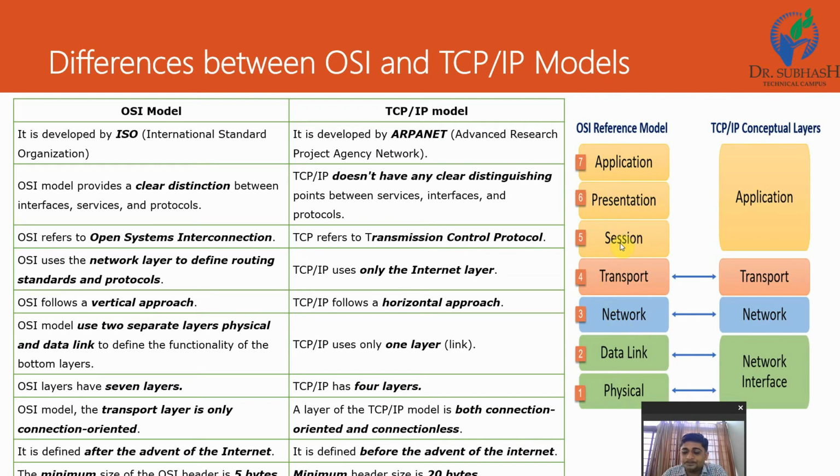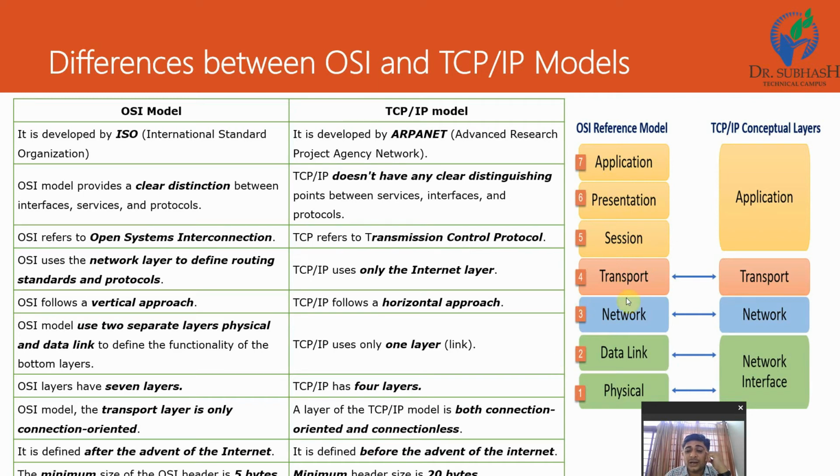Session layer deals with establishing the connection, the connection time duration with a particular user. Presentation layer, in this we can present our data, encryption standards and compression of data. And last one, that is application layer. In this layer we can directly deal with data, directly access the GUI form. These are the basic tasks of all 7 layers: physical layer, data link layer, network layer, transport layer, session layer, presentation layer and application layer.